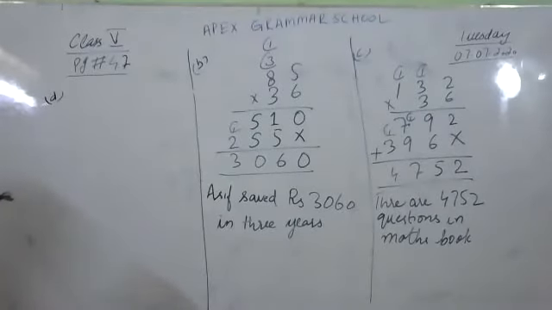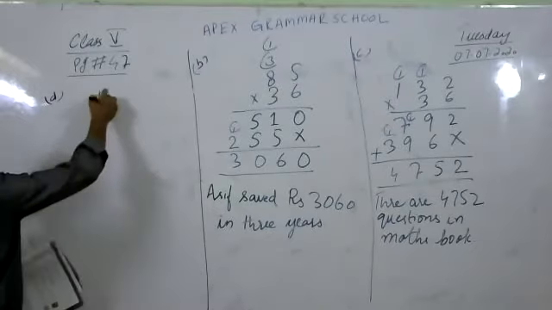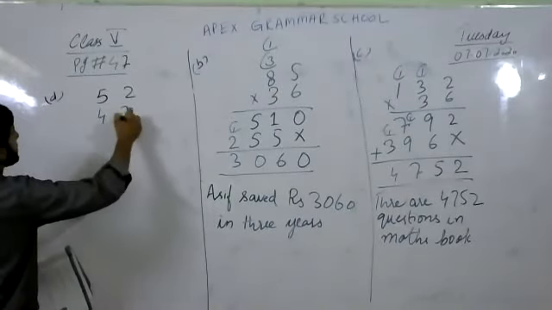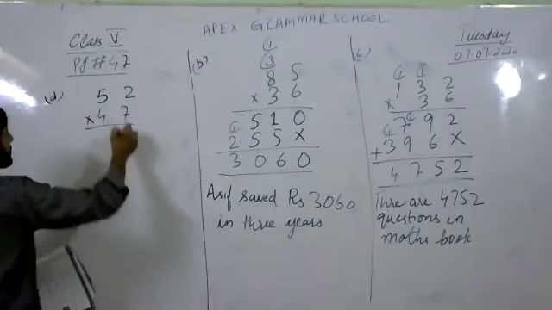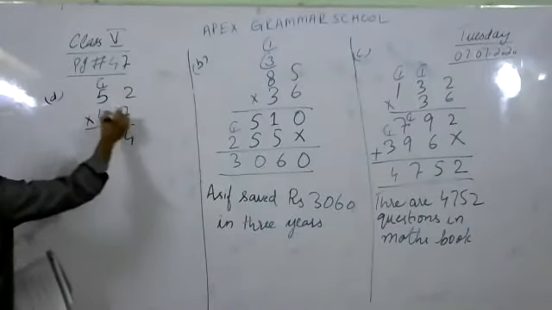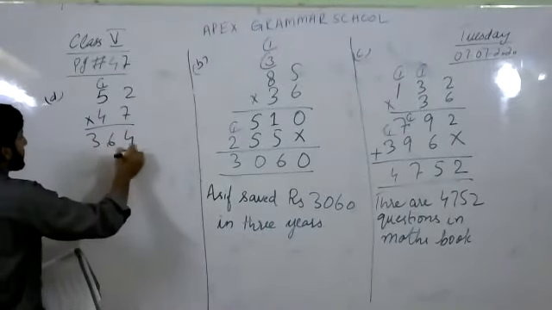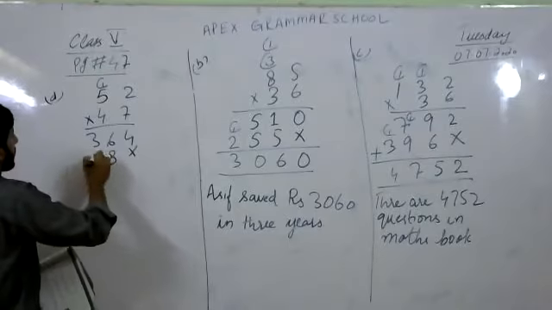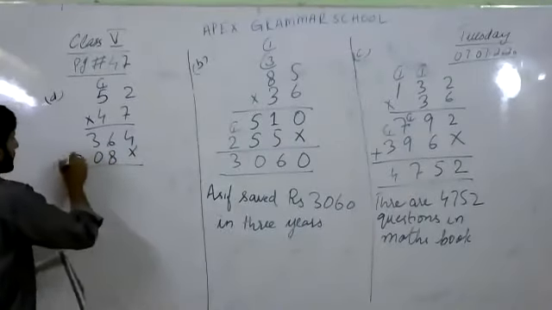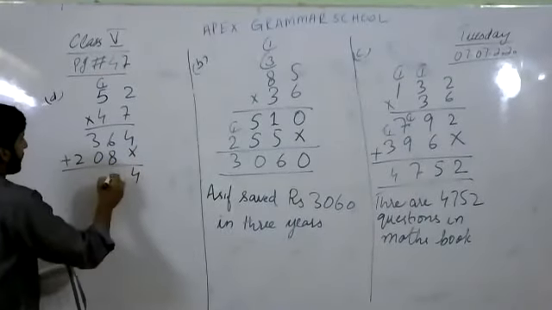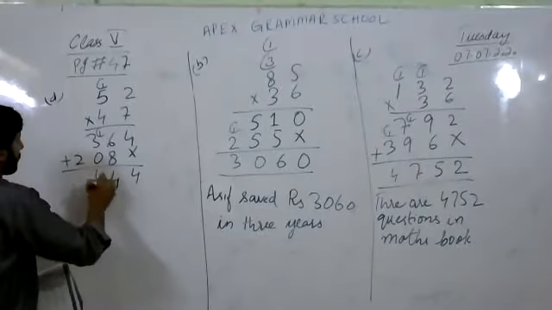Last part of question number 3: a bus company has 47 buses. Each bus can hold 52 passengers. What is the maximum number of people that the bus company could take? So let's multiply 52 and 47. 7 twos are 14, 1 carry, 7 fives are 35, 1, 36. 4 twos are 8, 4 fives are 20. 4, 8 and 6, 14. 3 plus 1, 4 and 2.